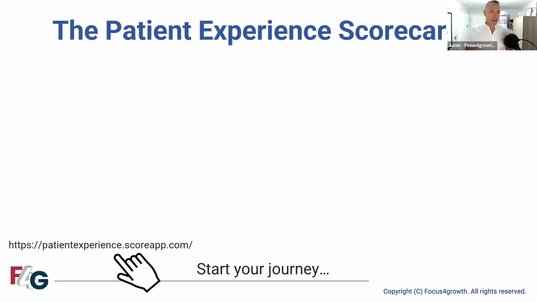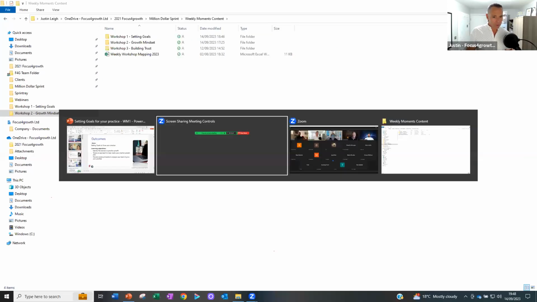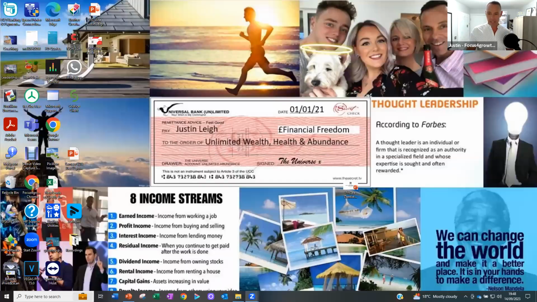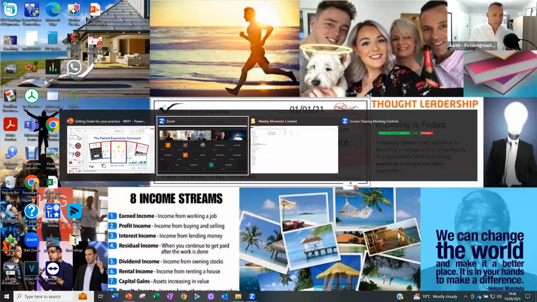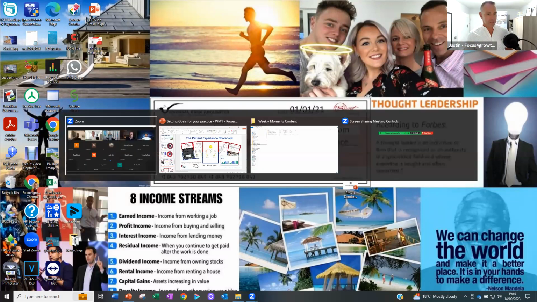So I said I would share the patient experience scorecard. So this is the patient experience scorecard. I'd love for your teams to do this. I'm just going to put a link to this in the comments. If you have your teams have a look at it, they're really going to get some benefit from this. Let me just put that link in the comments. If you'd like to get your teams to do it, it takes about 10 minutes to complete. This is a diagnostic, so it just gives you some real feedback on what your team can start to focus on when it comes to improving the patient experience.